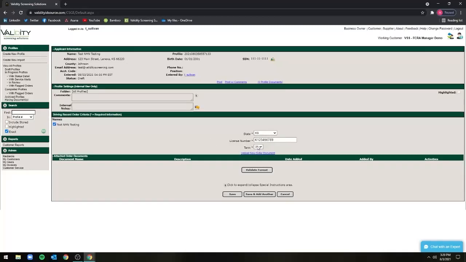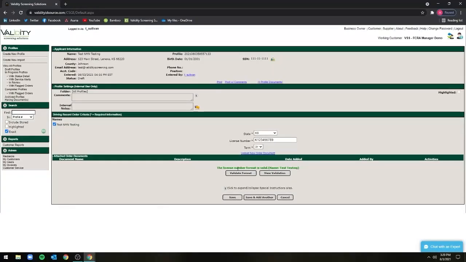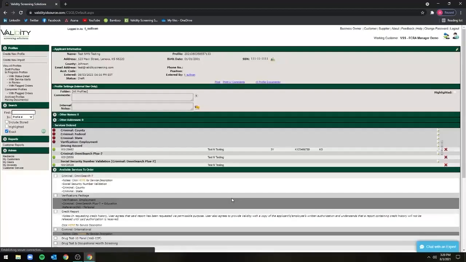That term will always populate for you. And then you can select this validate format, and it'll let you know that that license number format is valid. And you can click save here at the bottom. That red dot is now going to turn green, and you can see the driver's license information that I've entered